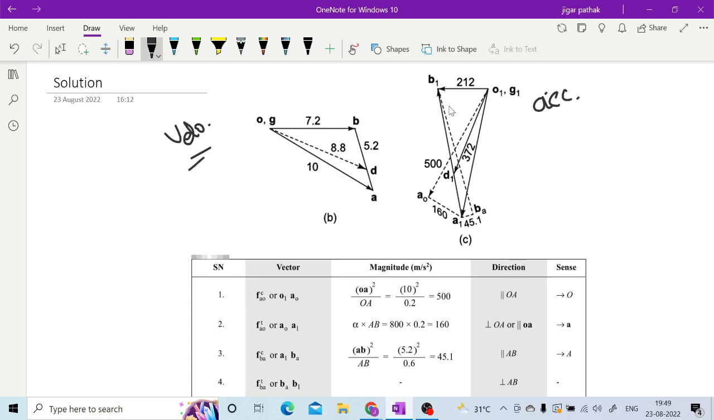Now in order to draw this acceleration diagram, how they have started is they have this fixed point, right, O1 and G1. Then the very first thing they have calculated is this one, right? This O1